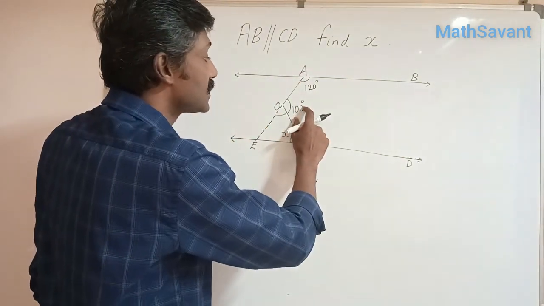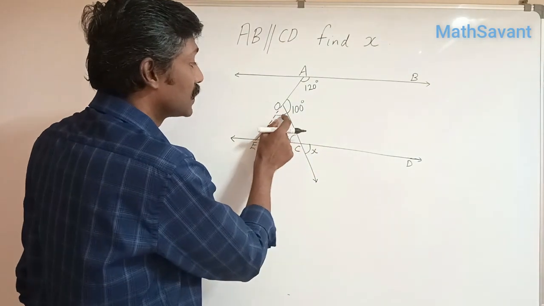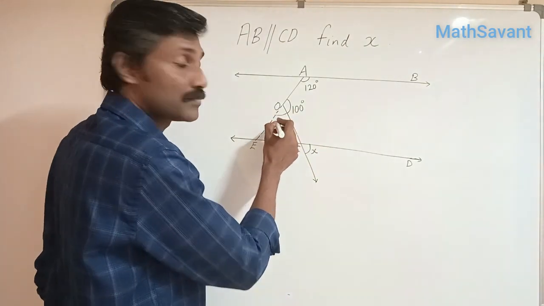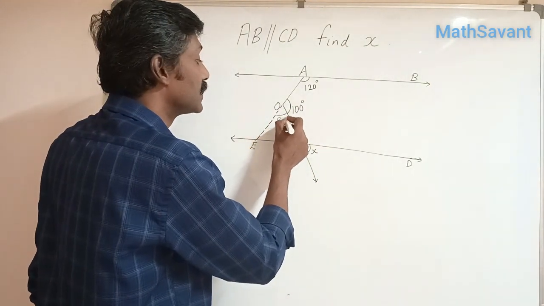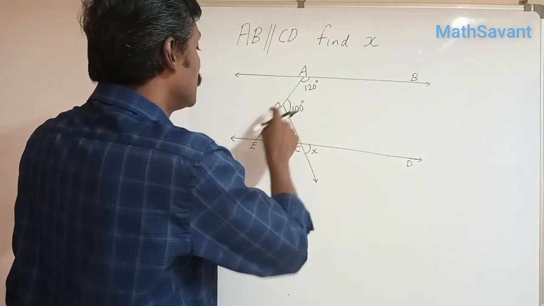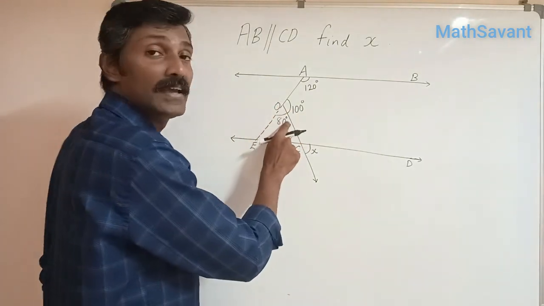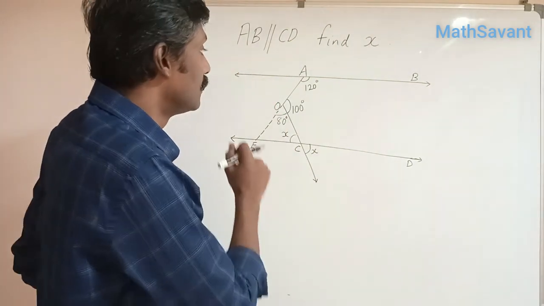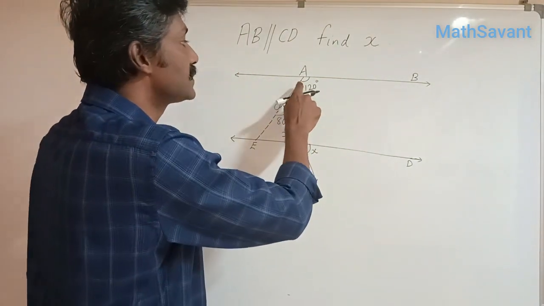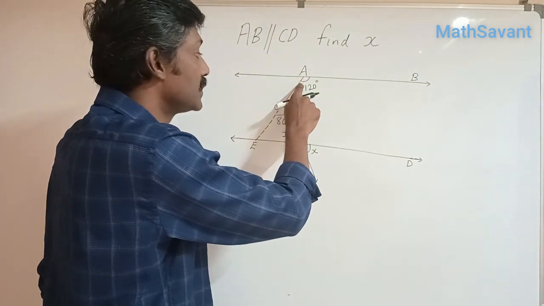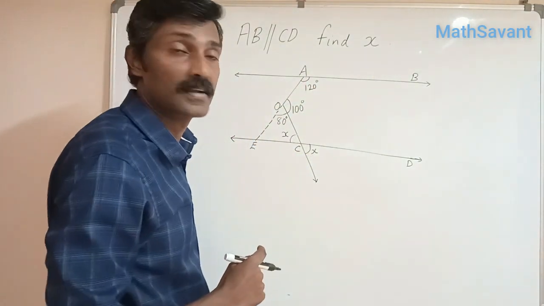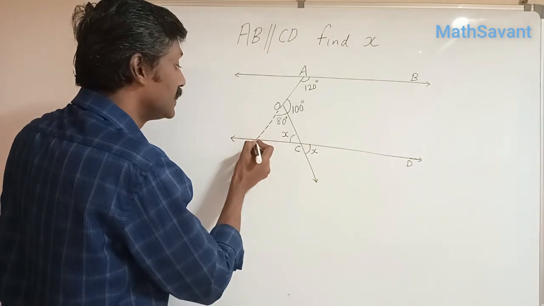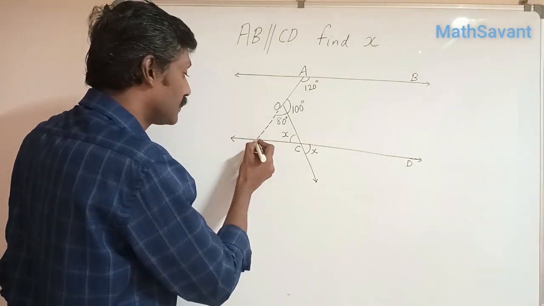And given that this angle is 100 degree, the remaining angle has to be 180 minus 100, which is 80 degree. So this angle COE is 80 degree, right? Now, we have this angle as 120 degree, angle OAB is 120 degree, and if I extend this line further,